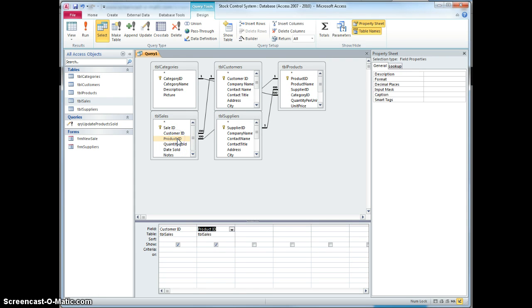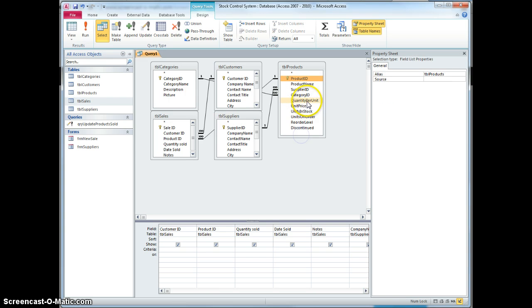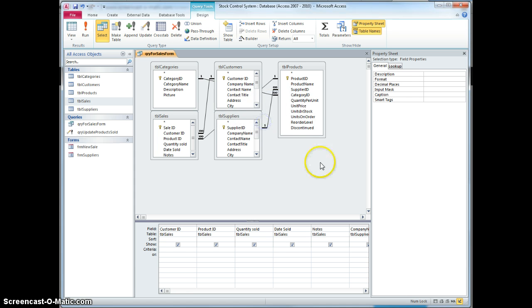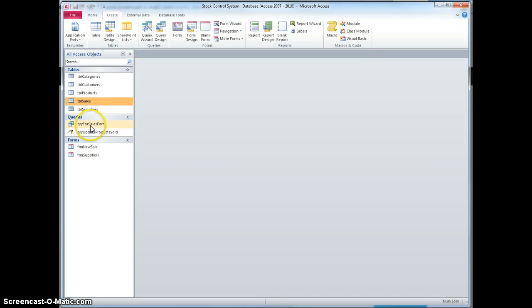to include. So product ID, and I'll include those other fields that I had from before, and I'm also going to include the supplier's contact name and the product's quantity per unit, unit price, units in stock, really useful information, and whatever else. So if I now save this query, try and make a meaningful name, for sales form, close that, and with the query for sales form selected, click the form button,